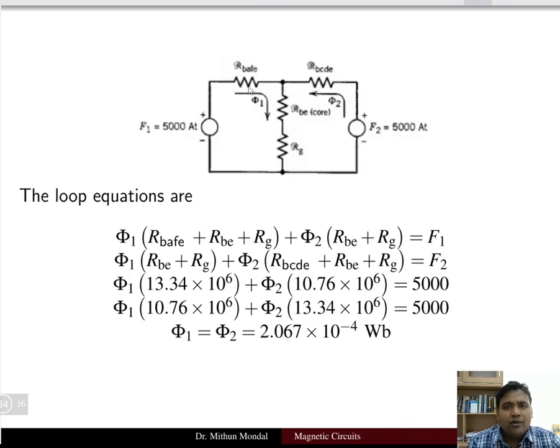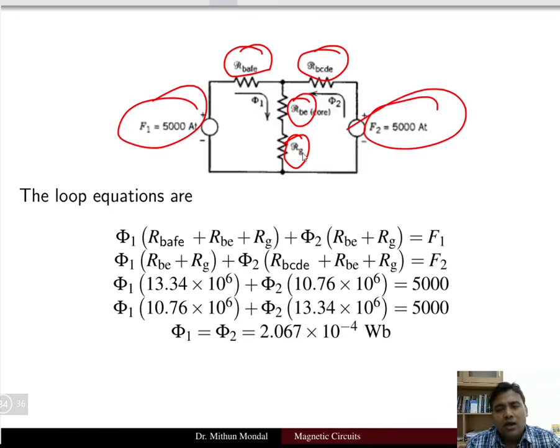So if you have obtained the reluctance of the core as well as the air gap from the different parts of the circuit, and you have been given the MMF, now your electrical circuit is ready. So you can apply the loop equations to find out the required terms that you have. Similarly, you know Kirchhoff's voltage law: the sum of the voltages across a closed loop is zero. So that we are going to apply here in the magnetic domain.